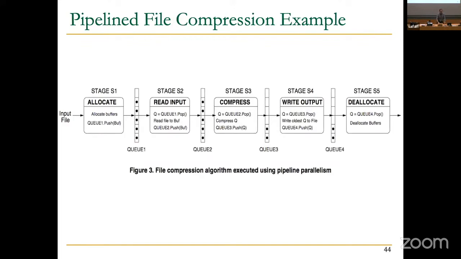File compression is another example. For example, you have lots of files that you're compressing and you want to build a specialized compression engine for files, videos, for example. So you may divide your processing into stages, and each stage may be very specialized hardware. And then you operate on different data that's flowing through these stages.